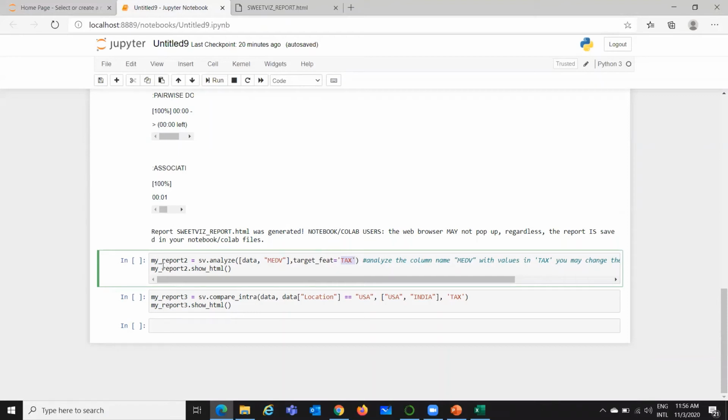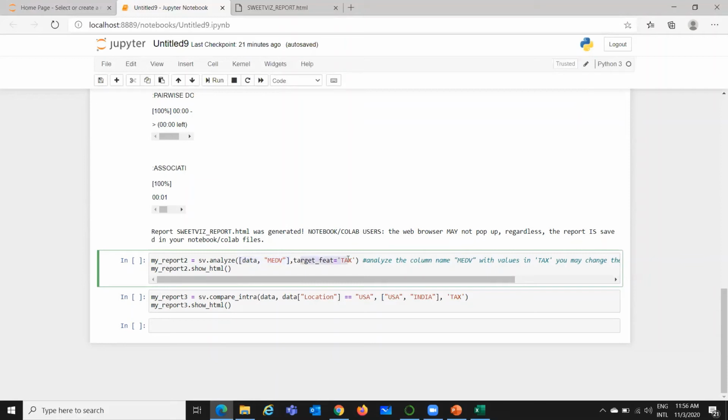So I'm going to generate a second report. Same command sv.analyze. So here you can write in a list whatever variable you want, you can add this. So no need that you should write only one, you can add multiple in the list here.